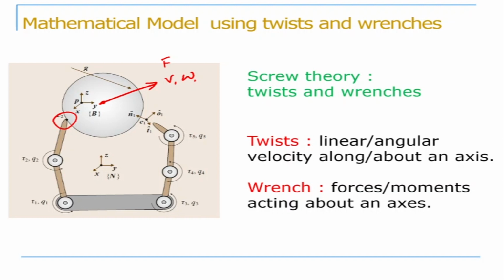because of which the object is going to move in a particular direction. So what is the relation between the forces acting at the fingertip and the forces that are acting at the center of the object? Similarly, what is the relation between the velocities of the fingertip and the velocity of the object? That is given by a matrix which is called the grip matrix. So today we'll see how do you determine the grip matrix.